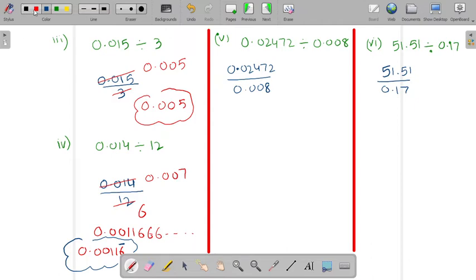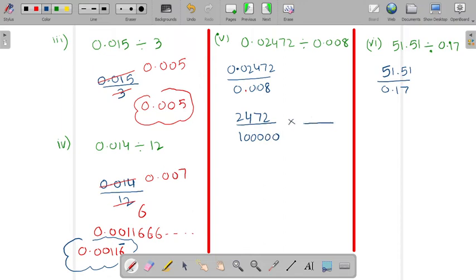Now, next part. In fifth part, observe on both the sides, the decimal is there in numerator as well as denominator. So what we will do? We will remove the decimal first. So while removing the decimal from the upper part, after decimal 1, 2, 3, 4, 5. So 5 numbers are there. So we will put 1 and after that 5 zeros.